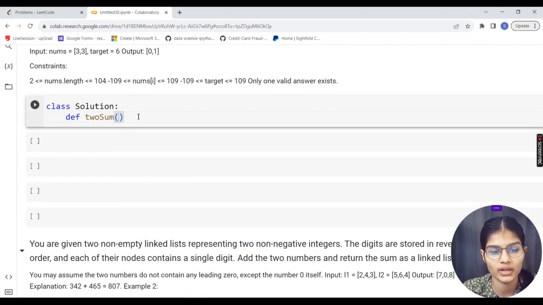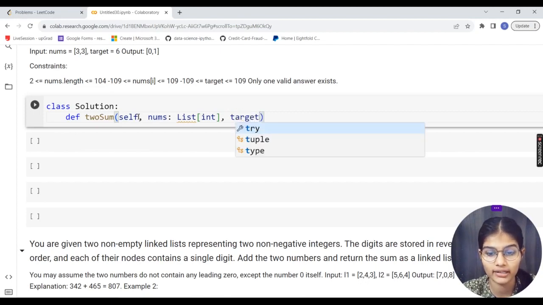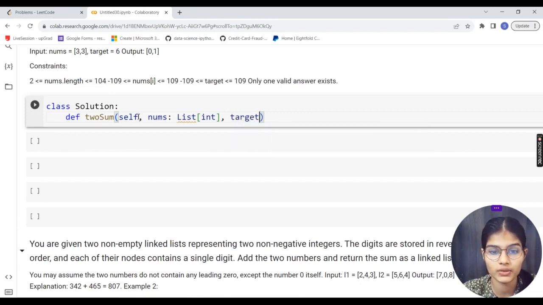So this was my function which we were having, and I would just simply pass a self, because we are making a class over here and we want to further make the instances and everything. So I'm just simply passing the self inside my twoSum function, which is inside my class Solution. Okay, self, comma, I would give the nums, and I would make the list of int, that is my integers. Comma, I would just simply set up a target variable, which we require as well, and that will also be an integer.